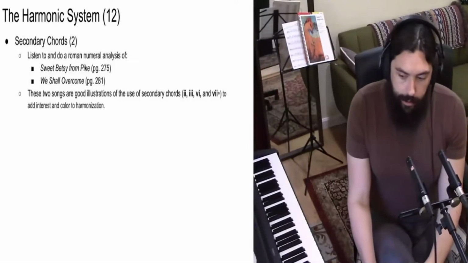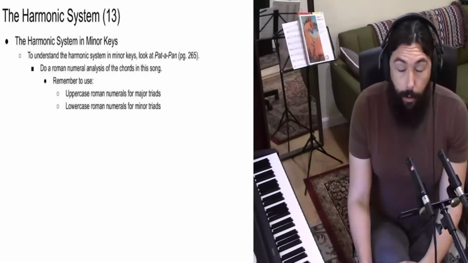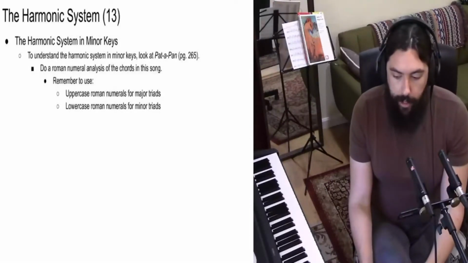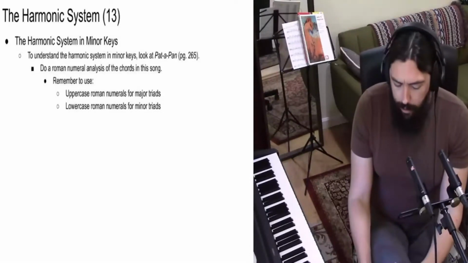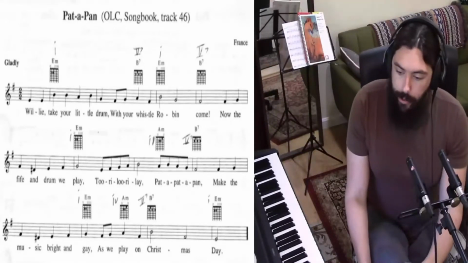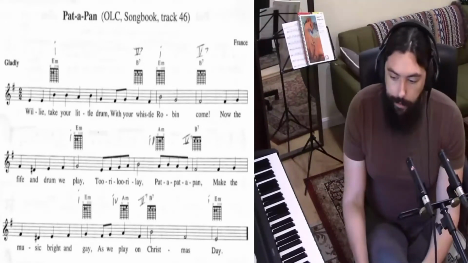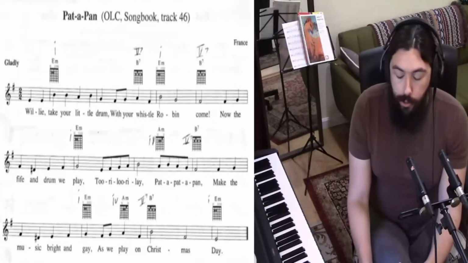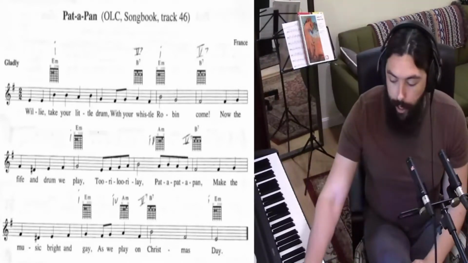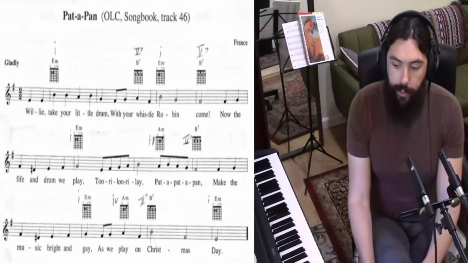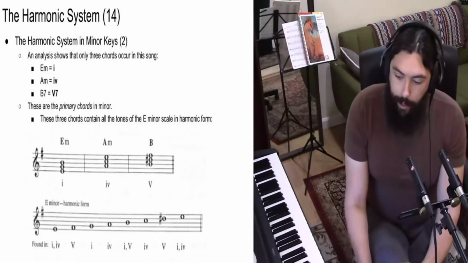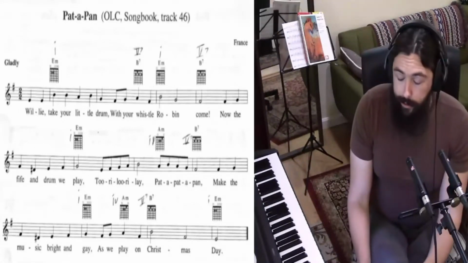Picking up with slide 13, let's talk about the harmonic system now in minor keys. So to begin understanding the harmonic system in minor keys, take a look at Pat a Pan on page 265 and do a Roman numeral analysis of the chords in this song. And remember to use uppercase Roman numerals for major triads and lowercase Roman numerals for minor triads. Then let's move on. So if you do that Roman numeral analysis of Pat a Pan, you should notice that